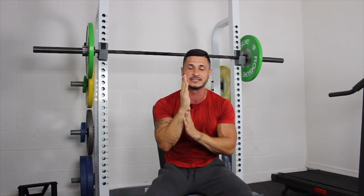Because you're building overall mass on the legs, but in this case, right, most of the stimulus goes toward the quads, right? It's a quad dominant movement, okay? It's the king of lower body movements, right? But we cannot miss out on the benefits of the lower body pull, AKA the king of all exercises, the